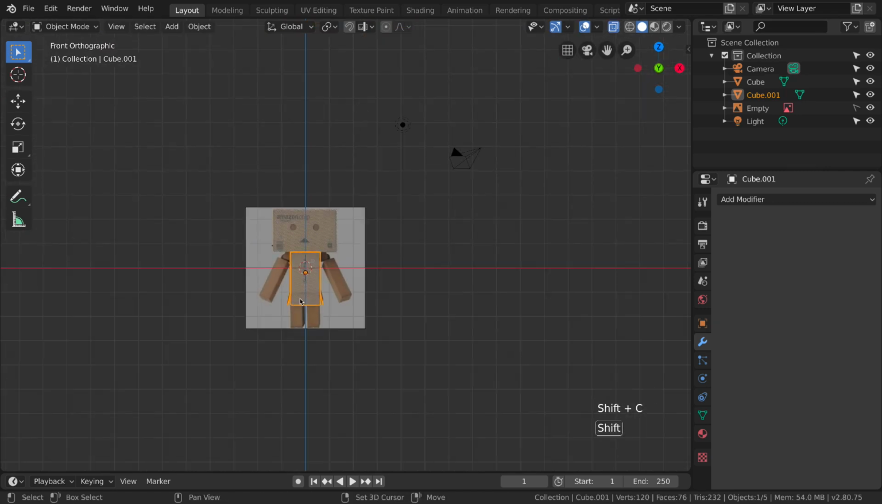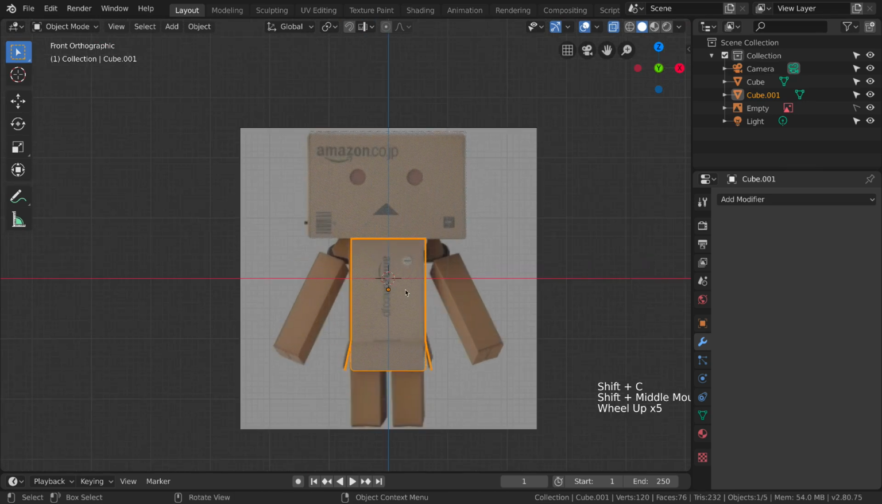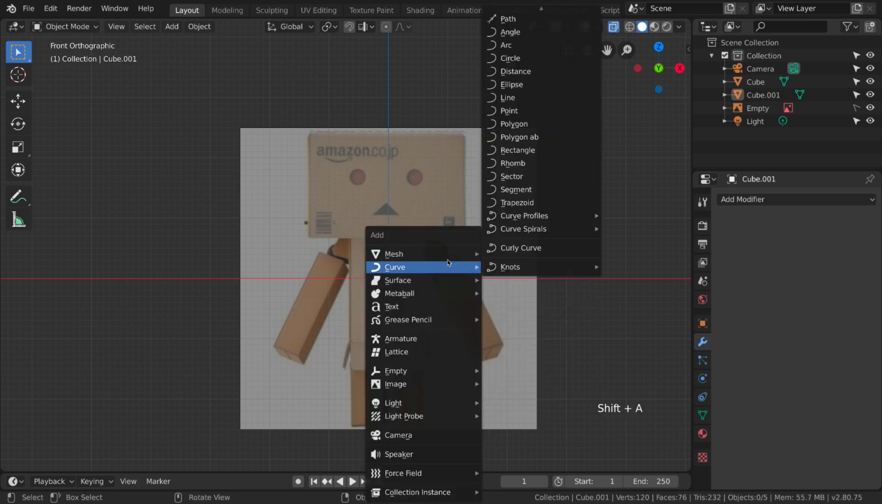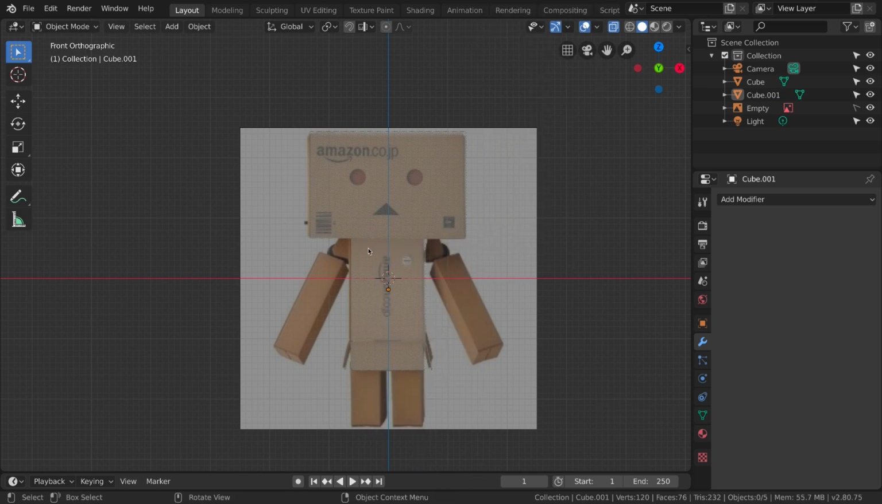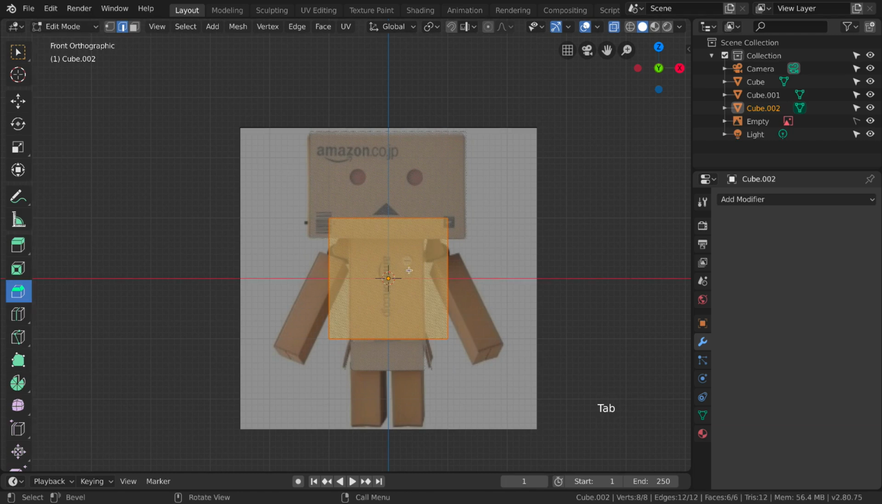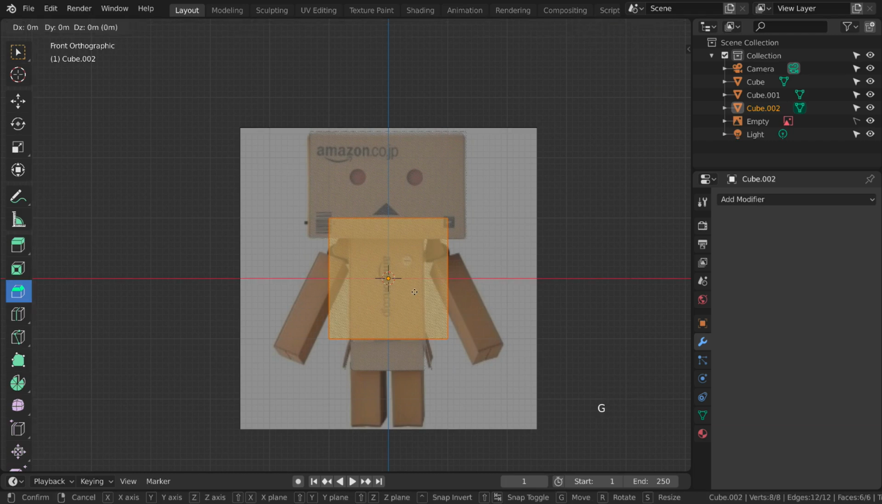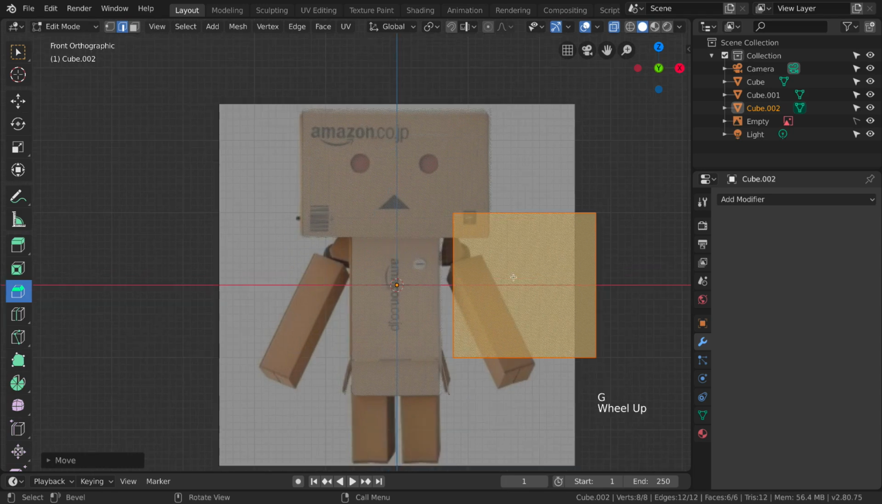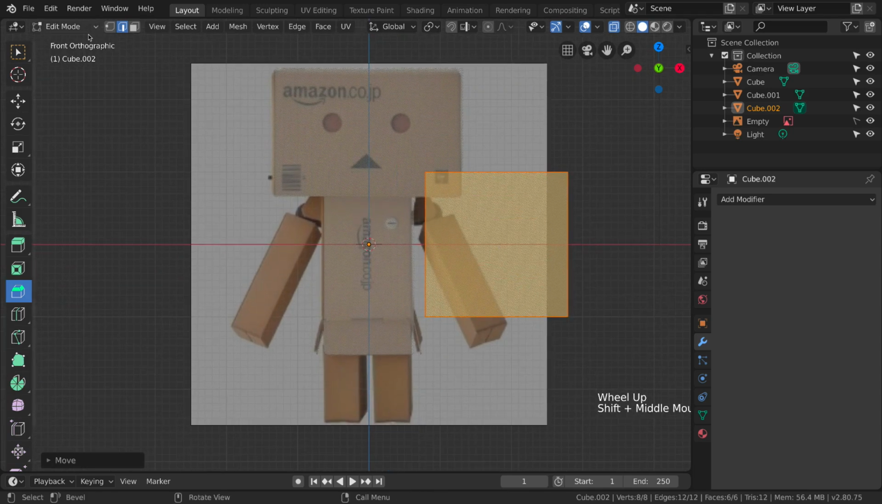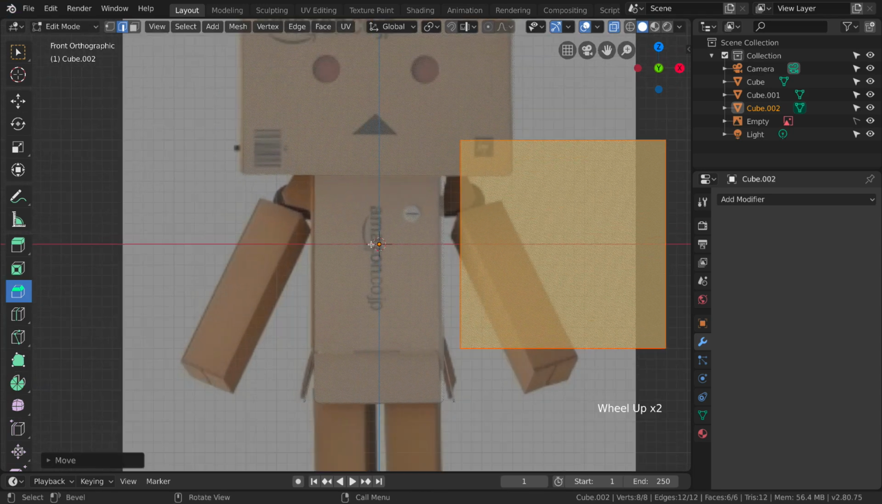So now we need to create hands and legs for our character. So let's deselect our body and make sure that you are in object mode, and with Shift and A we are going to add a cube to our scene. And now let's go back in edit mode, and with G and X we are going to move our cube on the side. We did it in edit mode because we want to keep origin in the middle of our